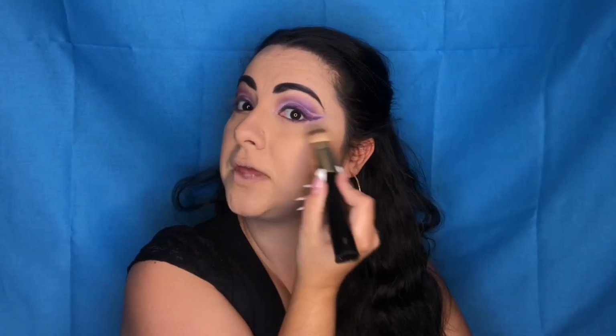So if you're not really good at liquid liner or even pencil liner, just go in and use eyeshadow. It gives you a nice smoky romantic look, and it doesn't have to be as precise. It's a little easier to do, and if you mess up, you can blend it out quite easily. I like it. Just going to take a clean brush, just kind of brush away the edges